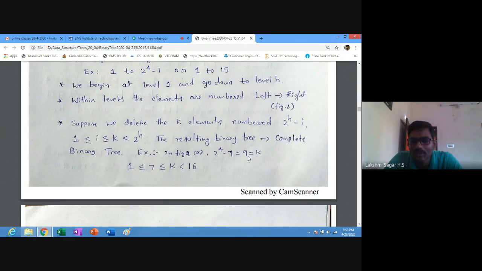So the number of elements to be deleted, k, is 9, right? So here i is 7. From 7 to 2 power h, which is 16, I need to delete it. This 7 is always greater than or equal to 1. From 7 to 16, I should delete the elements.